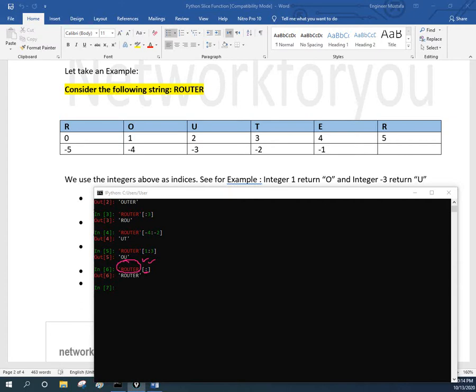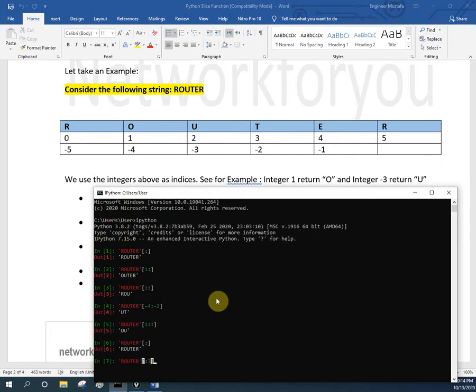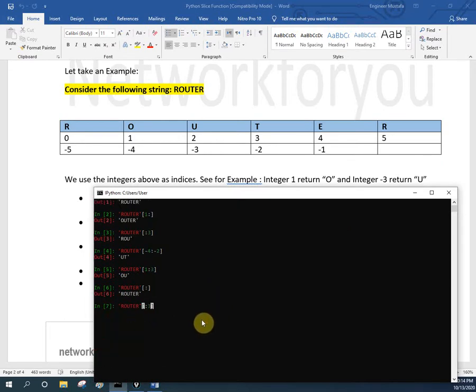Now if I want to take a particular value, I can do that also. For example, if I want to take starting from 0 but ending at 3, I can do it like this. It will start from 0 and end at 3. This is 0, this is 1, this is 2, and this is 3. So it will not take the 3. Whatever values are before 3, it will take those.